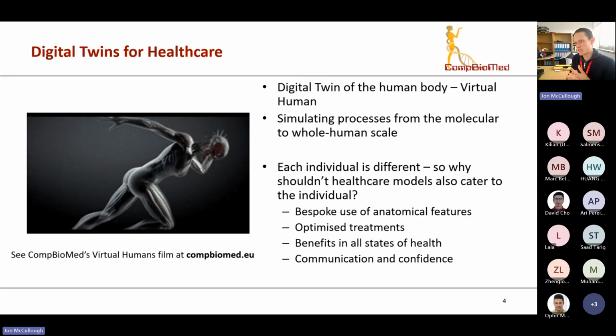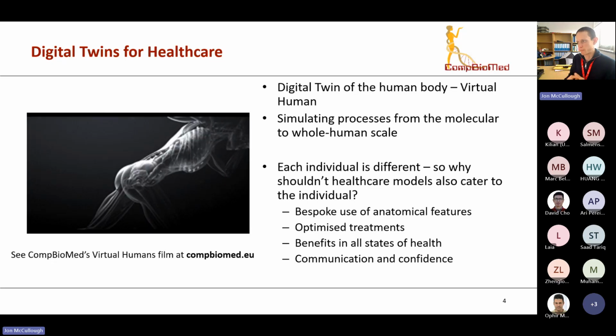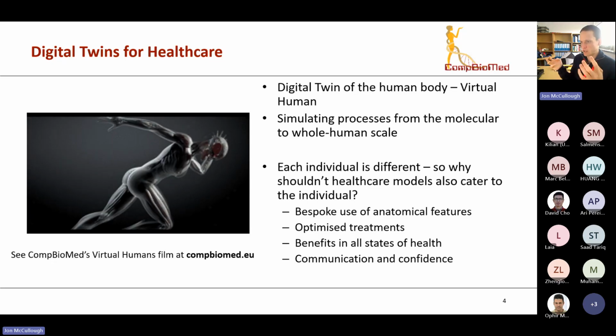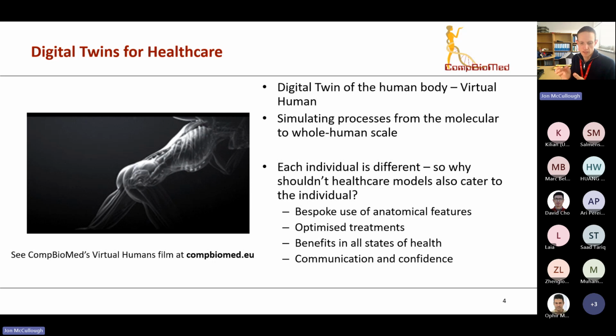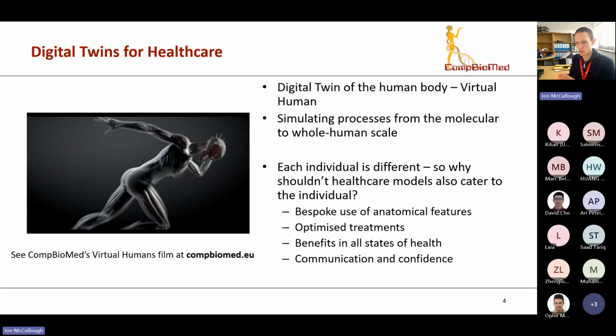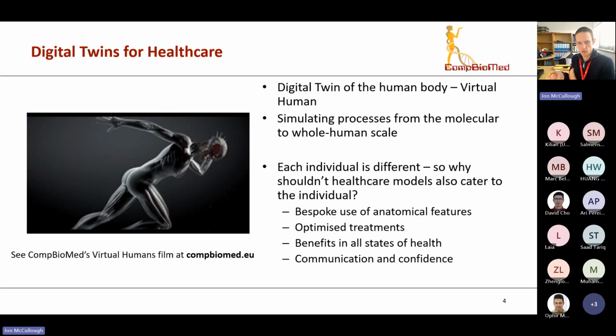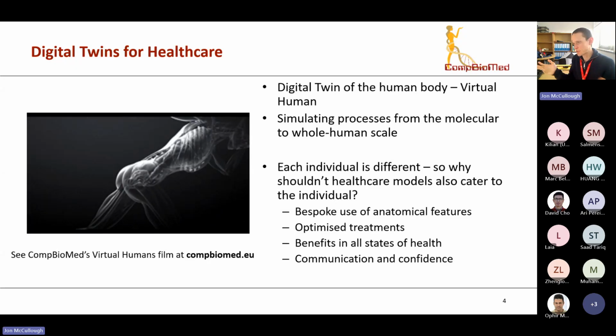And so we can extend these ideas to the virtual human, which is the idea of a digital twin of the human body. And so we're wanting to simulate processes throughout from the molecular scale, for example, of how drug interactions might occur for an individual person to determine if they've got this type of cancer or this type of illness, whether this drug will work for them, up to whole human scale and indeed multi-human scale simulations. So whole human scale is like what we're talking about in the blood flow, where you're simulating things across and between organs. And multi-human scale can be up to, for example,